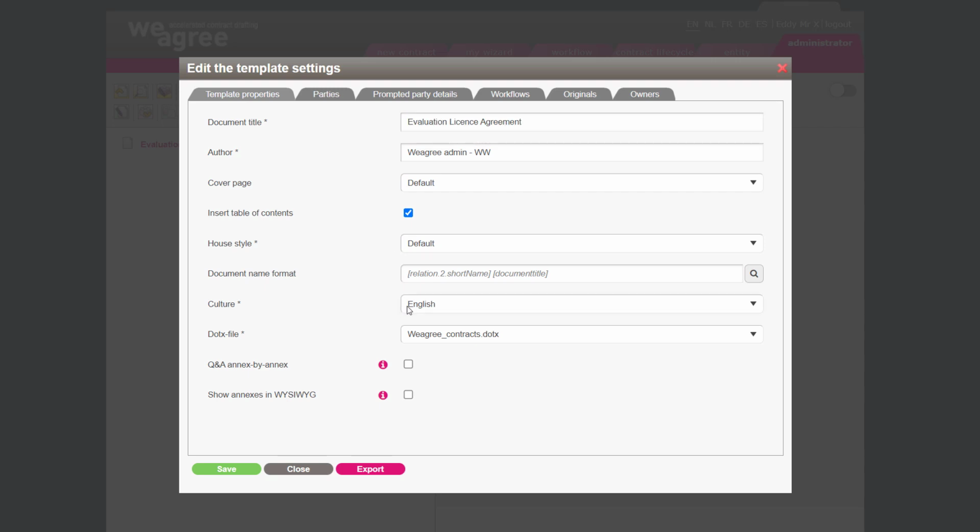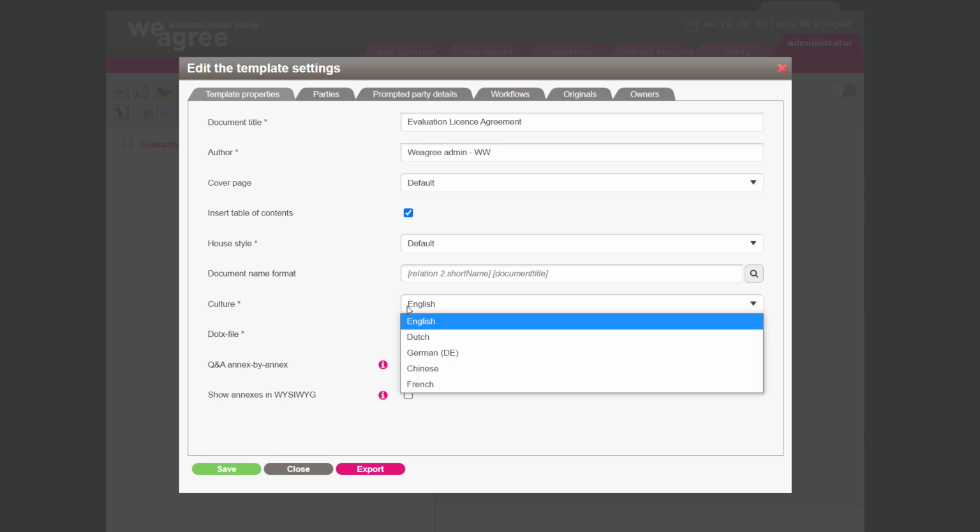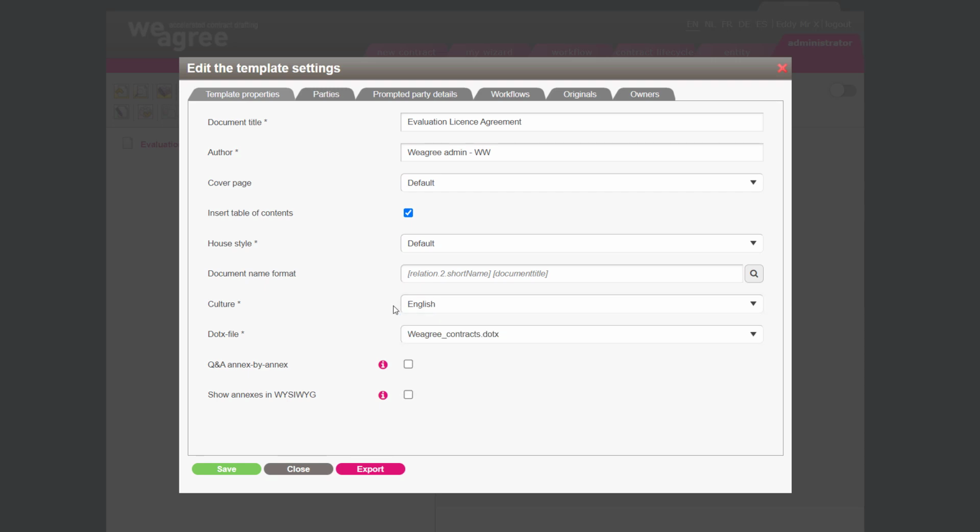Then you need to select the language, that is to say the culture. There are several cultures on the portal, but also here Weagree supports basically all languages of the world. So if you have installed your cultures, your language, you would select that over here. Dates are printed differently in English, of course, than in French, German, or any other language. And so that is culture. So for ease of reference, English is the language of this template, the culture. You can select the dot file or basically change the dot file over here if you want to use another one. Then two tick boxes that are